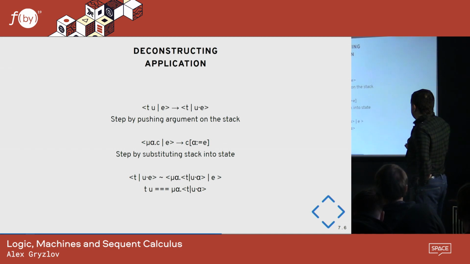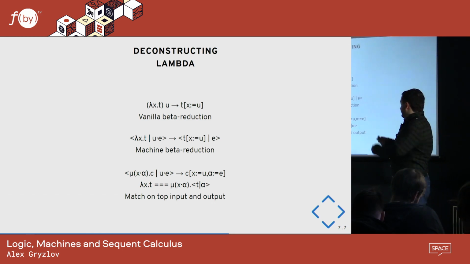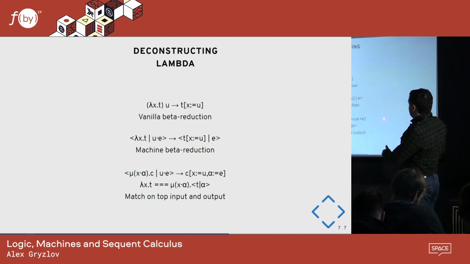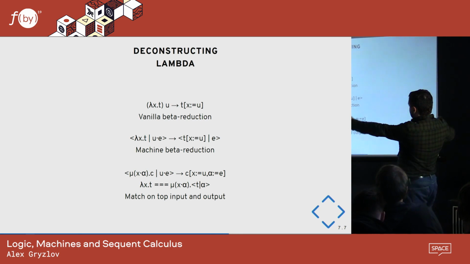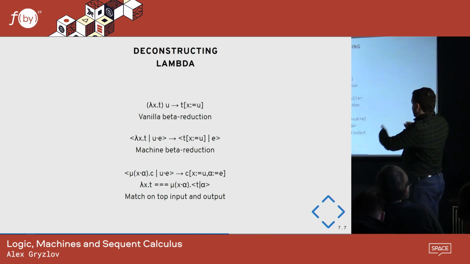So you can take just this part and define the application as a thing that runs the current term and puts the u on the stack, and the remainder of the stack is something that you expect. It activates after putting the argument on the stack. And similarly, you can deconstruct lambdas. You had this beta reduction, and in the machine form it looks like this. If there was a lambda and something on the stack, then you reduce. So you can define lambdas as a sort of pattern matching on a stack. It's the thing that pops off the top continuation and takes your term and makes this a suspended computation. So there's this new constructor that is a pattern matching on a command.